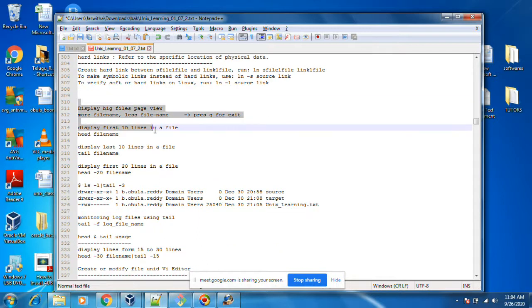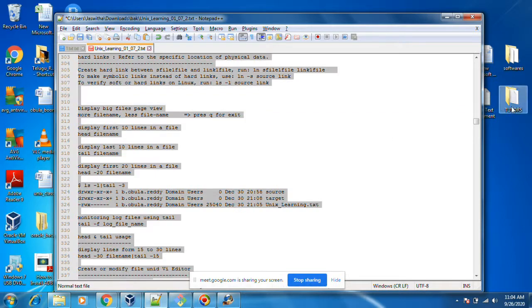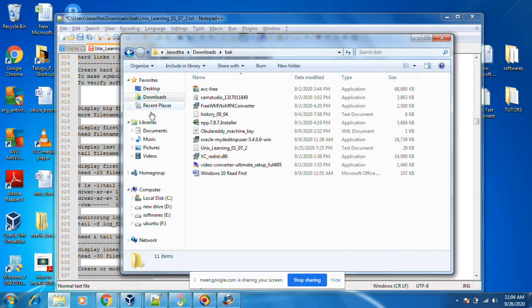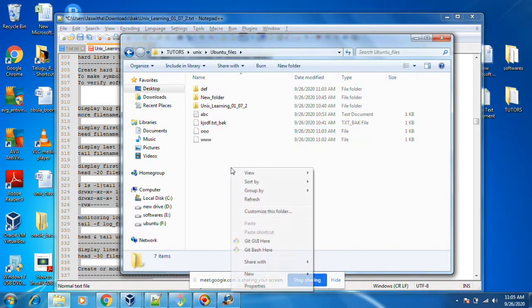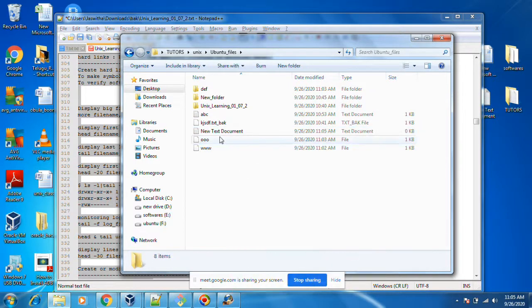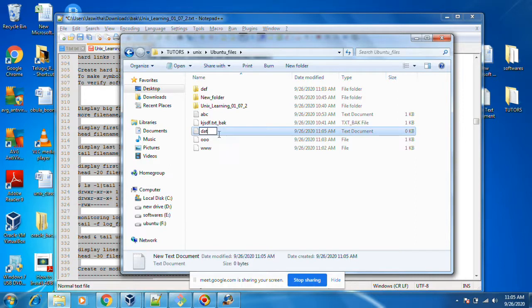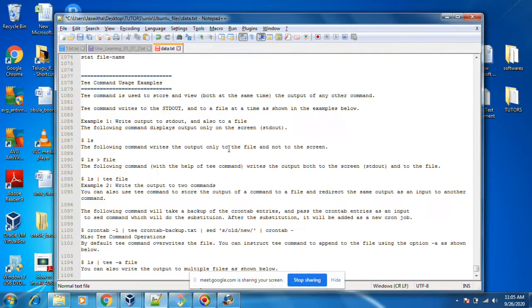Okay, display big files. If the file contains hundreds of lines, suppose, let me add some data here, some other data, any data.